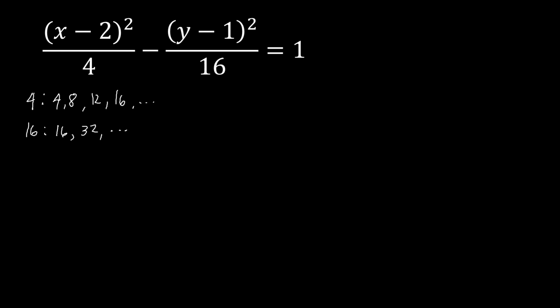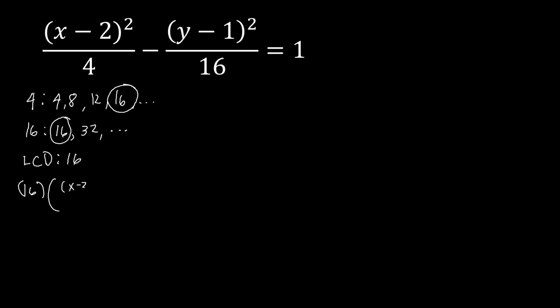Now notice that we have a common number already. This is what we call the LCM. Once we put that on the denominator, that becomes the LCD. So our LCD here is 16. Now the LCD, we are going to multiply to each of the terms here. So we will be multiplying 16 by our